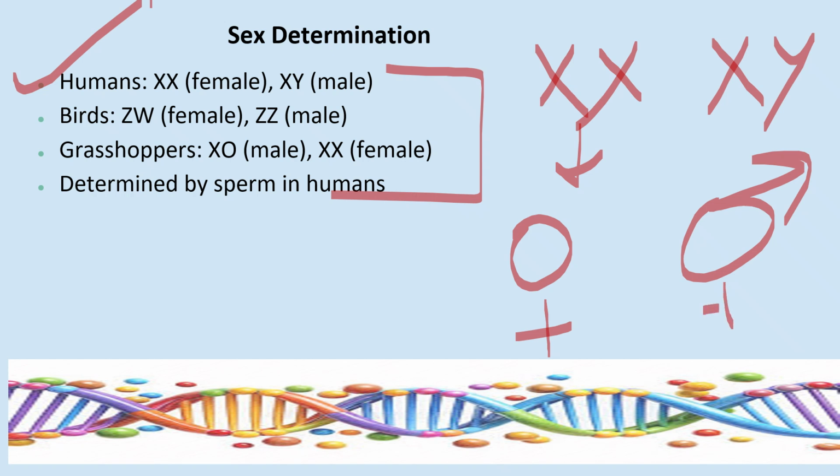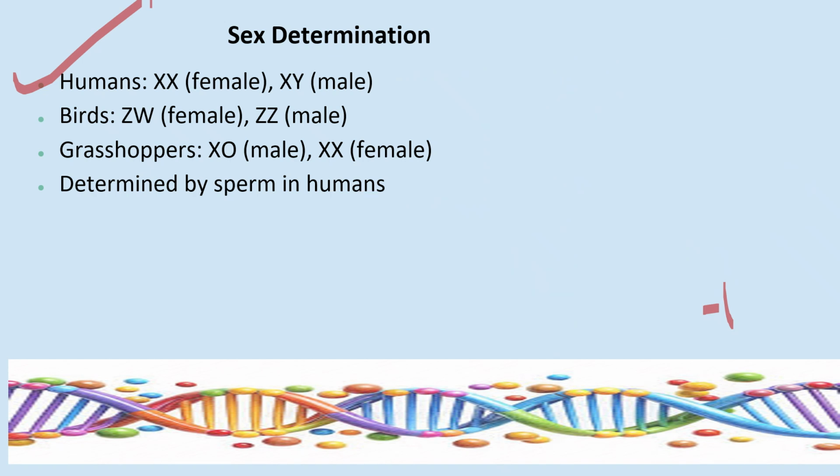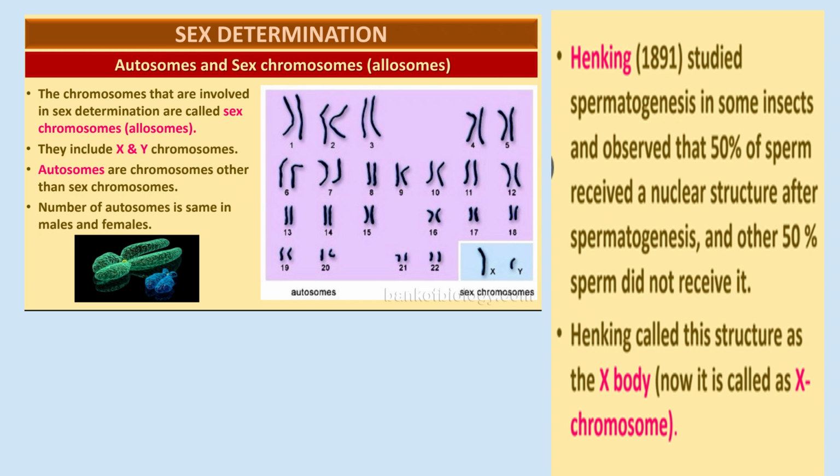Okay, now talking about the other combinations. We will see that birds will also have ZZ, ZW, and grasshoppers. Moving ahead, sex determination in case of